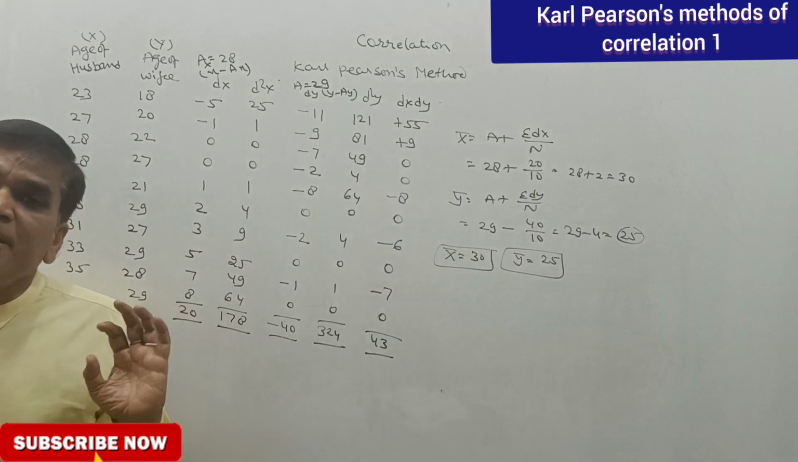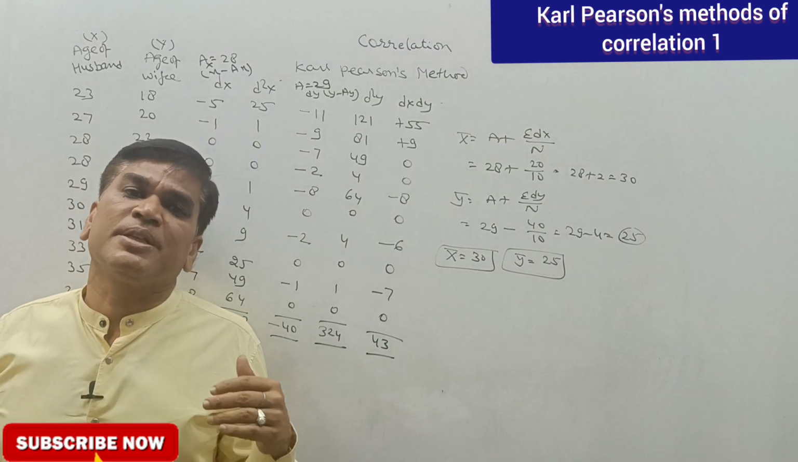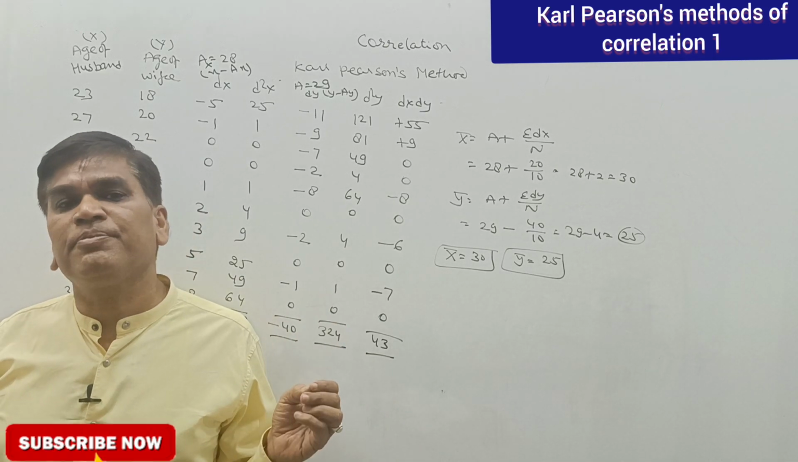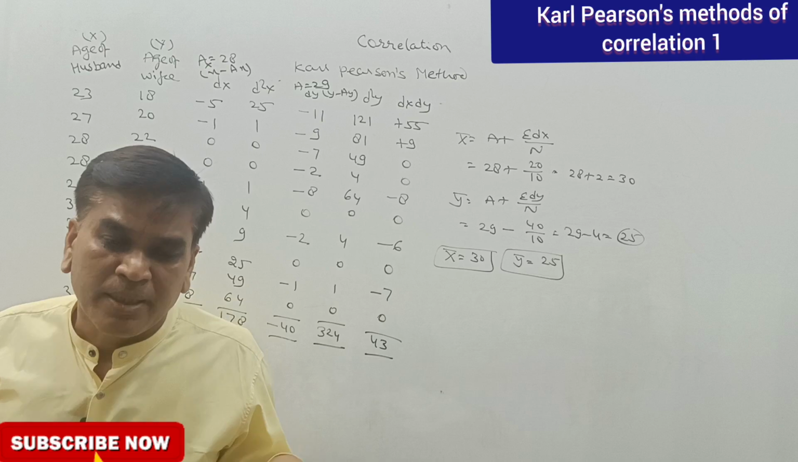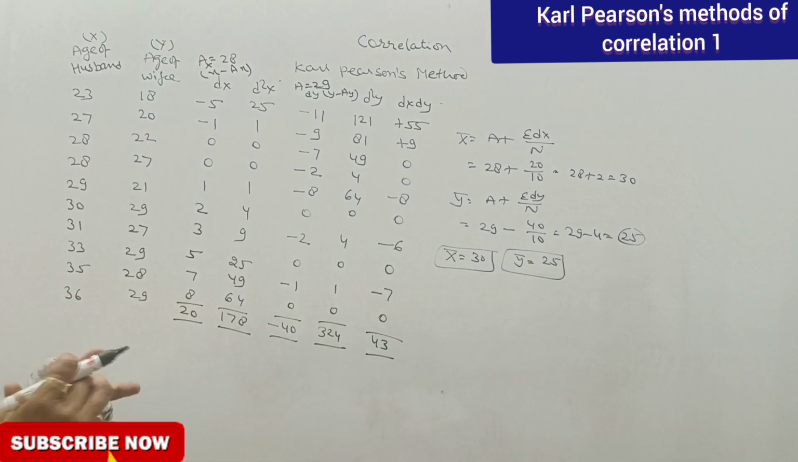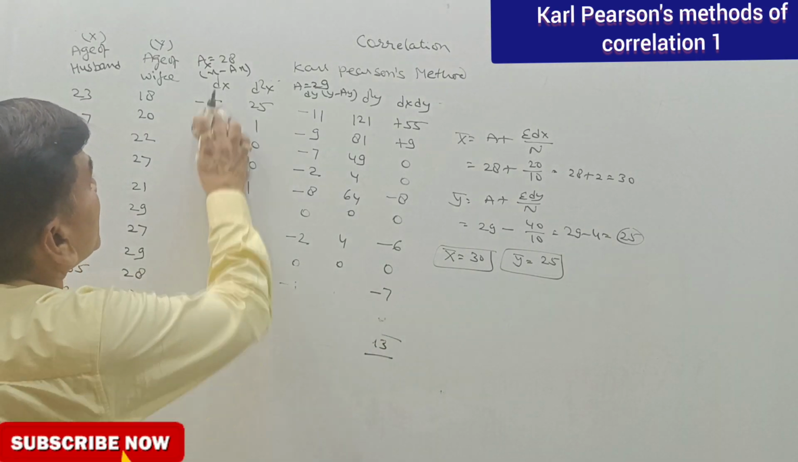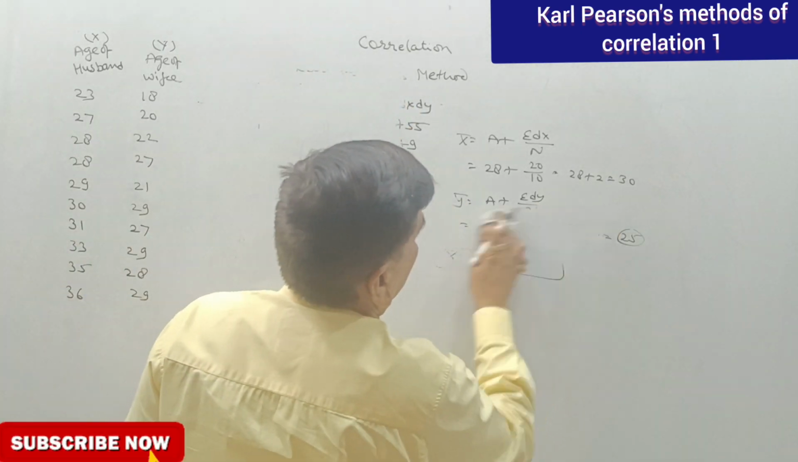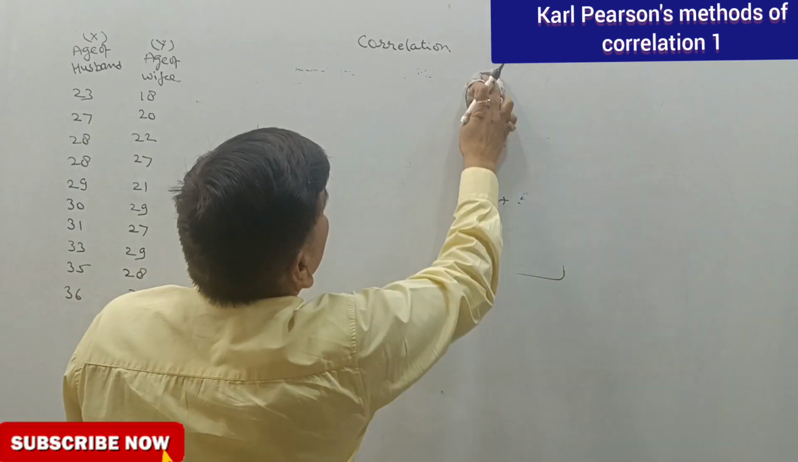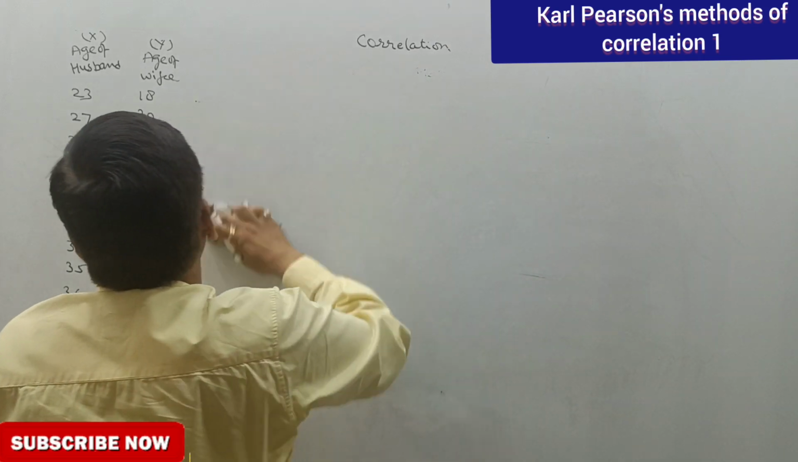So the same question we have discussed with the help of the first one, that is the direct method, and the second one, that is the assumed mean method. The result is the same from both of the methods. So you may use any of the methods for getting the Pearson coefficient of correlation. Another method is also available,